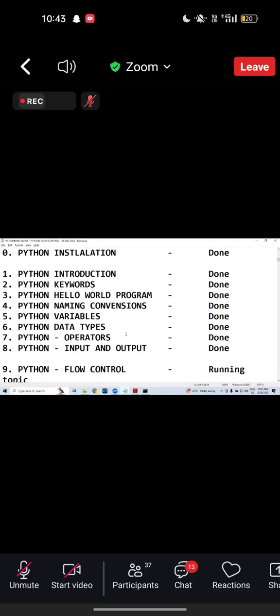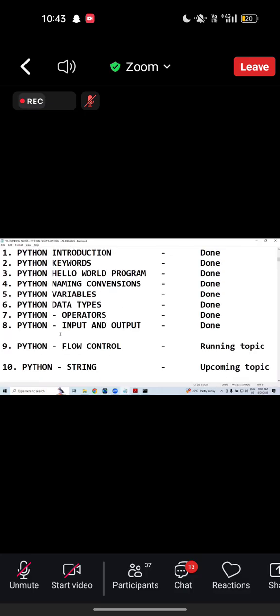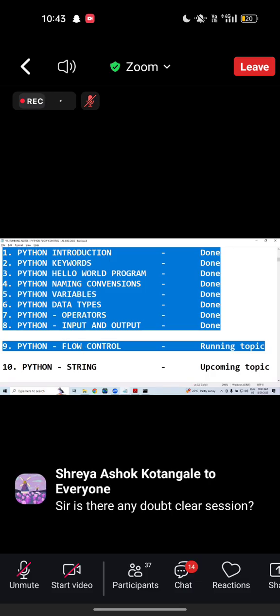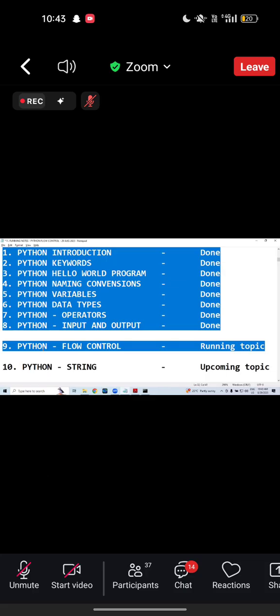Can I target till flow control chapter? Yeah. One to flow control chapter. I'm repeating again. From Python introduction, you have to prepare till flow control. Once you have prepared all these nine chapters, next Saturday, offline students and online students. Online students, I will talk with you. Offline students, you have to come up with two to three papers actually. Pen and paper, get ready. Please, I request you. Please don't skip that actually.